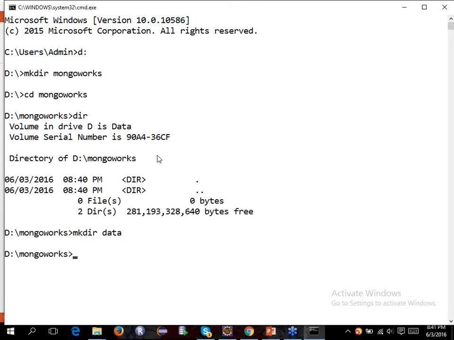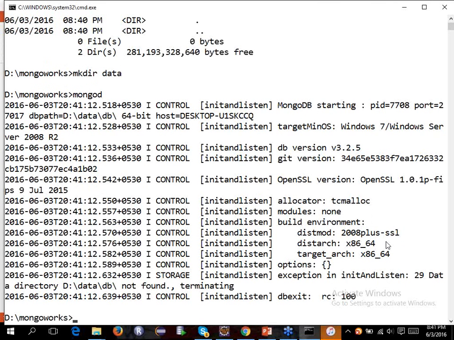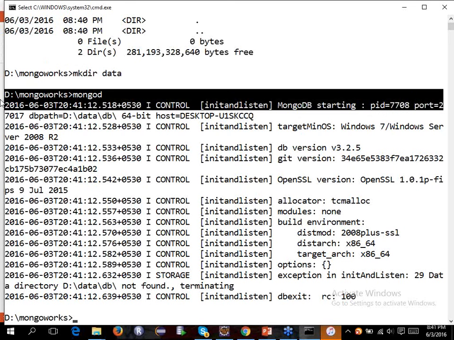Okay, so now I've got to start. I'll say mongod and hit enter. It throws some errors. Let's try reading out what it says. If you say mongod, it gives you a lot of errors. It says that, hey, there's a process ID, which is 7708, which is going to start. The port number is